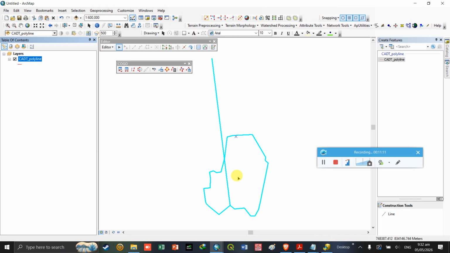Since it is a line, we need to create a polygon out of these lines.